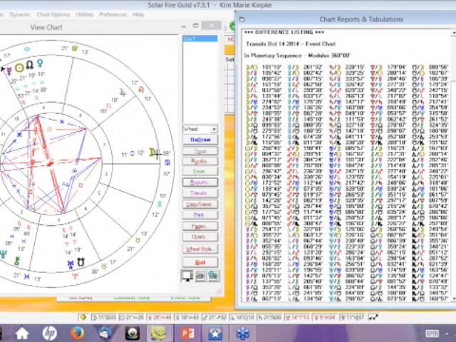It's almost 86 degrees. So you can see that that's the crescent square between the moon and Uranus. All right. So now Uranus and the south node. Let's go look at Uranus to the south node. Here is still what